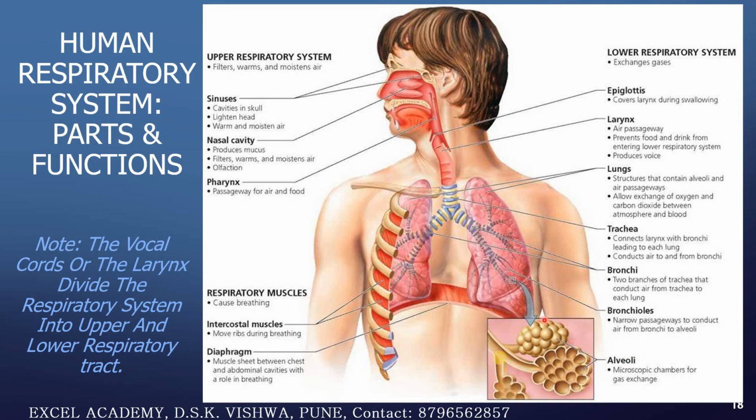Bronchi then again branch into bronchioles, which are narrow passageways to conduct air from bronchi to alveoli. Now these are alveoli, which are numerous, millions of them in the lungs. These resemble a cluster of grapes, and each alveolus is like a grape. Here it is very thin. The membrane is only one cell thick, so that gaseous exchange can take place in the alveoli. This is the diaphragm, which separates the lungs from the intestine and other digestive system. These are intercostal muscles which contract and relax as we inhale and exhale.